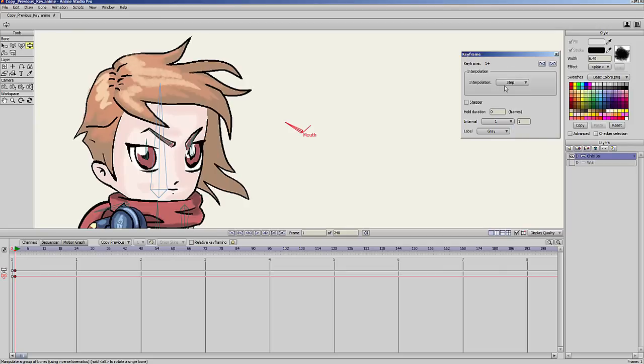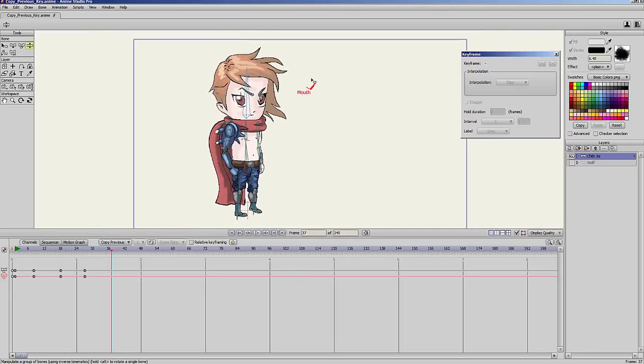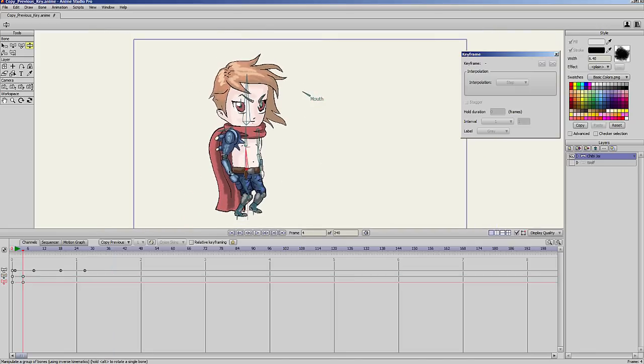Okay, so I set this to a step. So now every time I rotate the mouth, for example to happy, and then to O, and then to close, I won't have interpolation. So the mouth will be showing exactly the switch layer content I want to show. Okay, and the good part is it works only for the mouth, because the rest of the body will continue